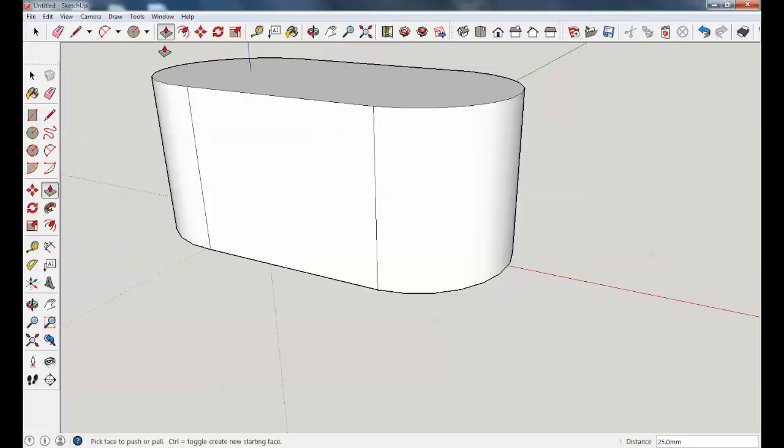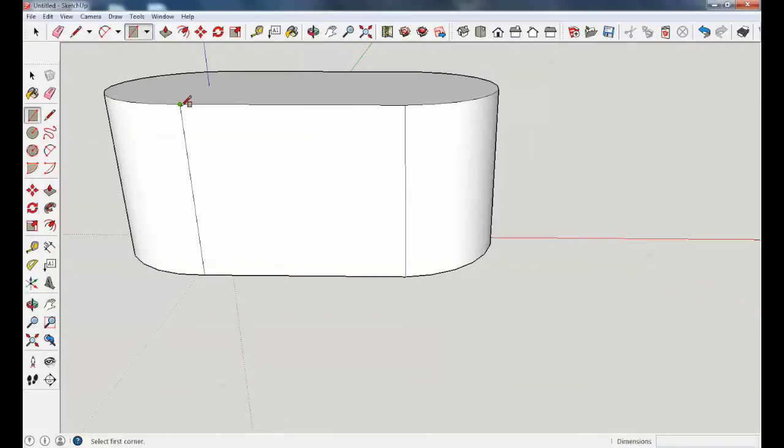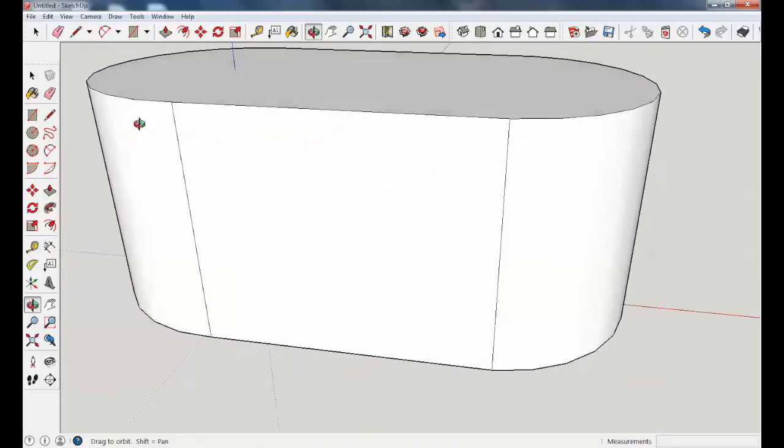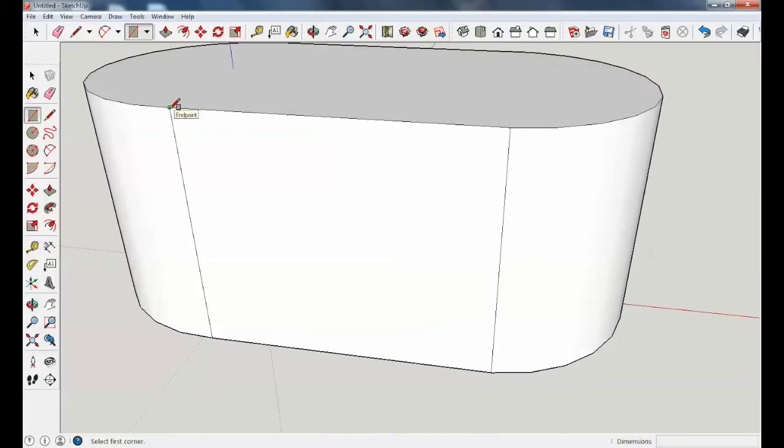The next step is another shape tool, so select the shape tool and select rectangle from the drop-down menu from the arrow on the right. Once this rectangle has been selected, you'll see that it snaps to the endpoint on the end of the first circle that we created, which is now joined with the second shape. So select that,